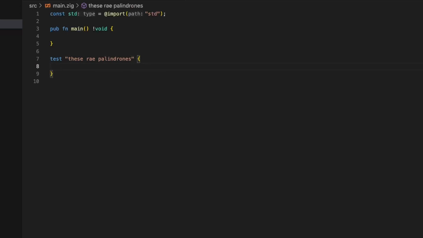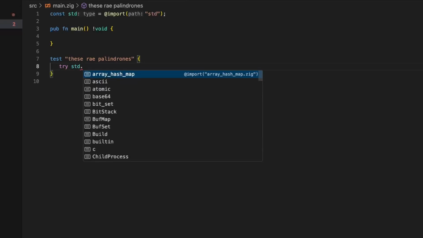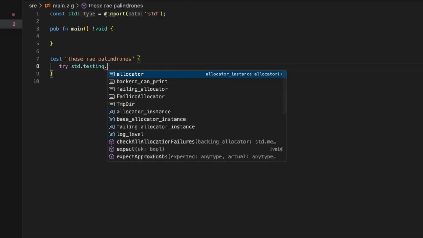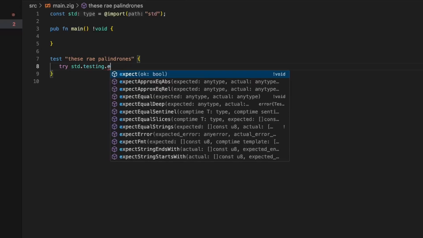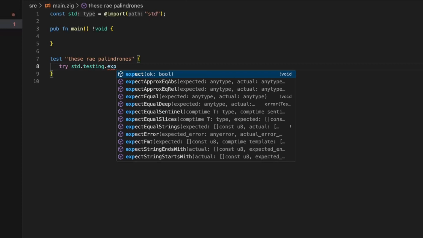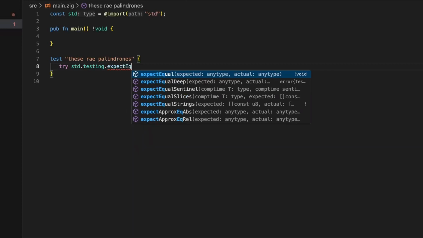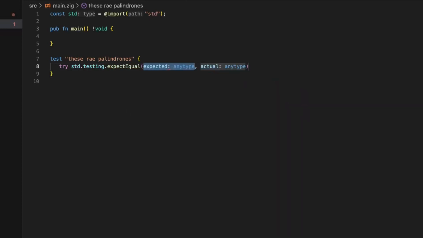All right. Now how do you run a test? Let's just choose try in there. In the rest of this tutorial we're not going to use try. We're going to show you how to properly catch the errors. So try standard, and then there is a testing namespace. Object module, thank you. Expect equal. I like that one personally best, because then I can actually check in one if it's equal or false. And is palindrome